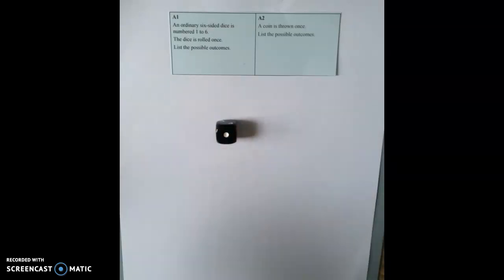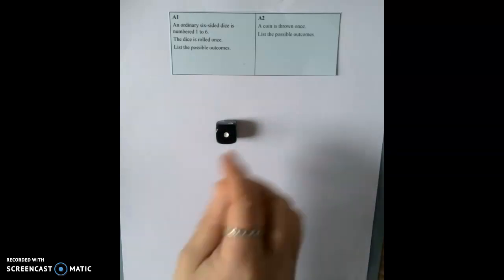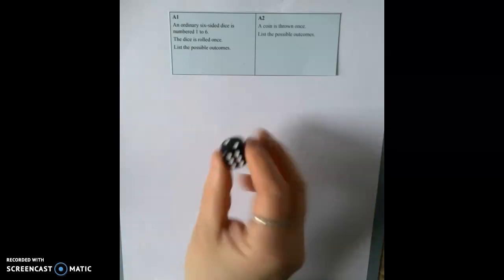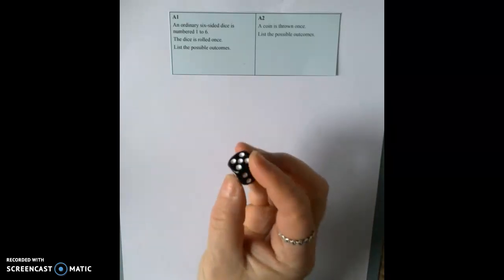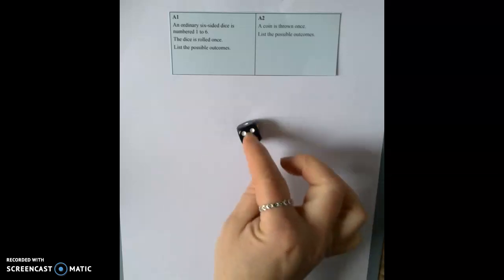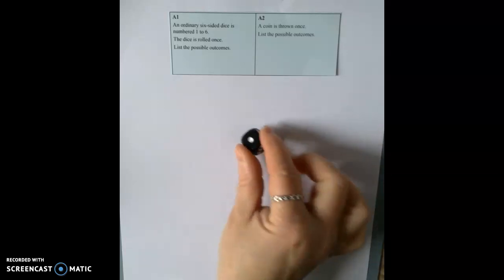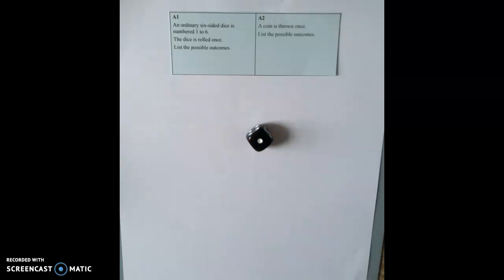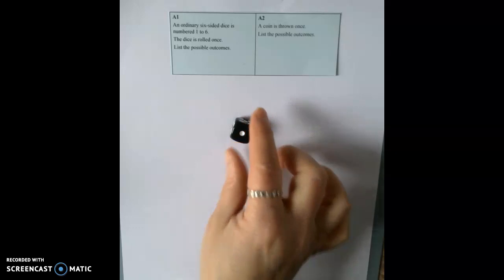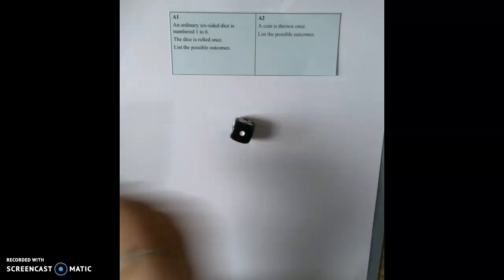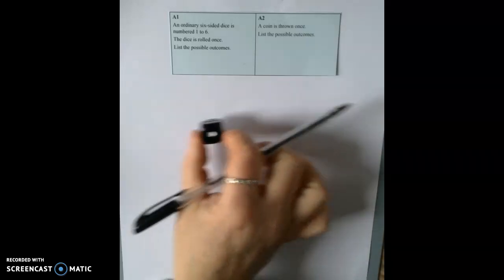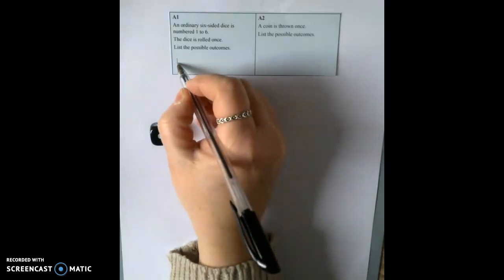It could land with the 1 faced up, could land with a 3, or it could land with a 6. So if we were to list all the possible outcomes, it would be each one of these faces on this particular dice, because obviously you can get ones that have got 12 sides or 8 sides or however many sides. So on this particular six-sided dice, our outcomes would be 1,